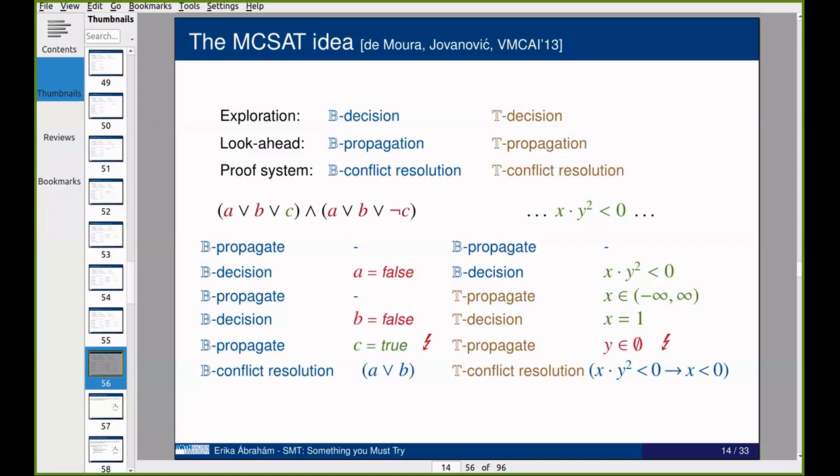And then, what I'm very proud of, we use this idea with T-propagation, decision and conflict resolution to conjunctions of constraints, which leads to different settings. I don't have time to talk about it, but what we derive from the cylindrical algebraic decomposition method is the cylindrical algebraic covering method,